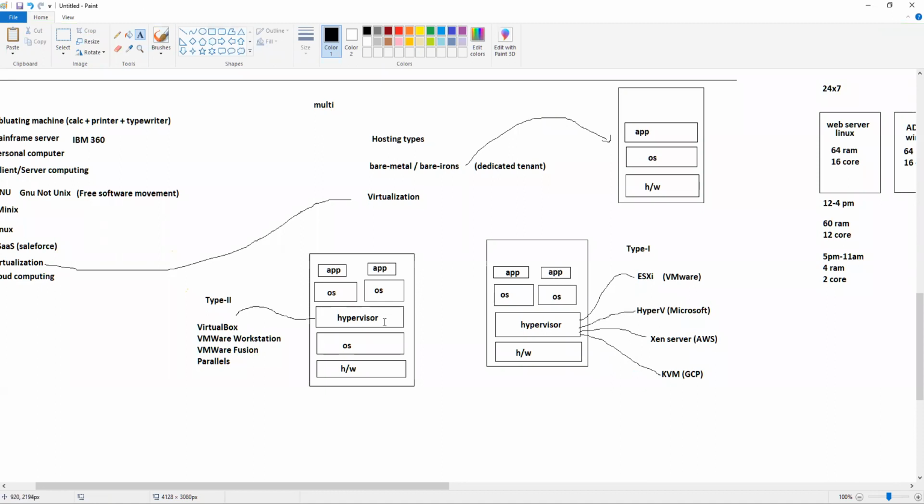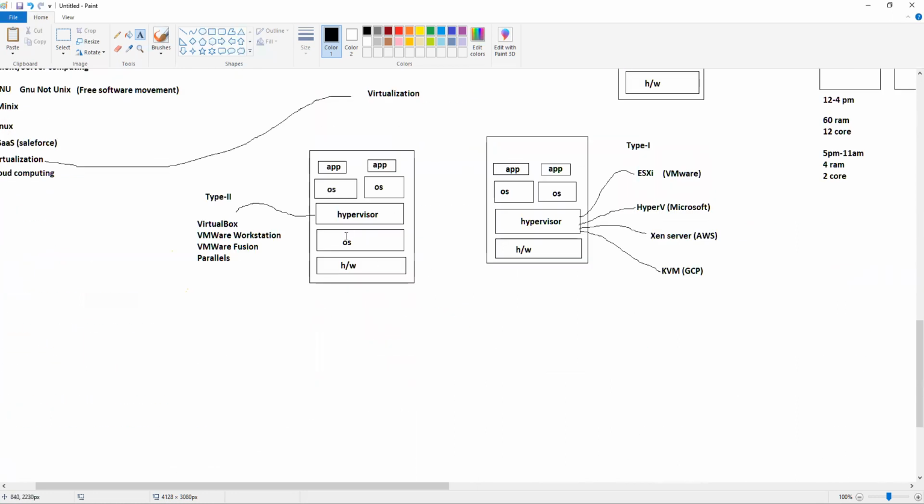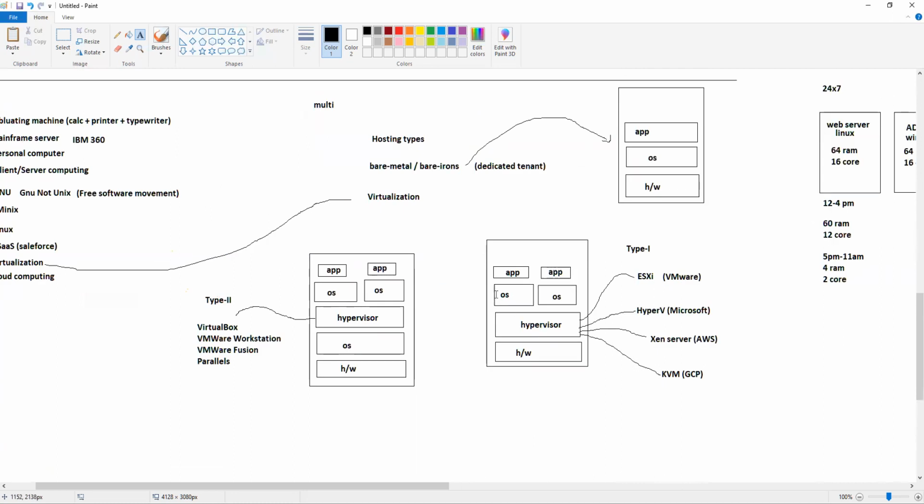So you have this hypervisor technique, which makes everything possible, which makes the cloud possible that we have today. What happens in your cloud is you have one hardware. When you create an instance, when you create a server, one server is created for you. So you only get to choose till here. You don't get to choose what type of hypervisor you want to use. When we talk about IaaS, you can only choose till here. From here onwards, you can choose what type of operating system you want, and then you can install whatever application you want. That's your IaaS.